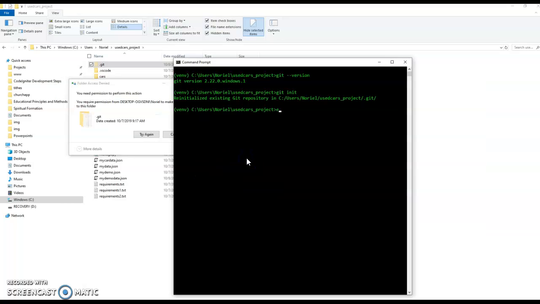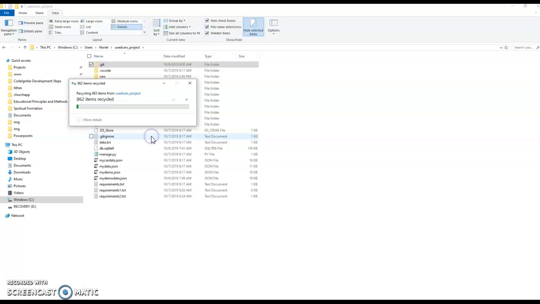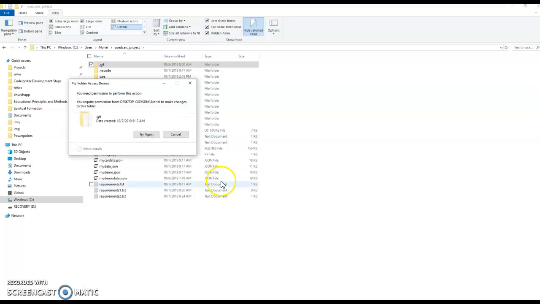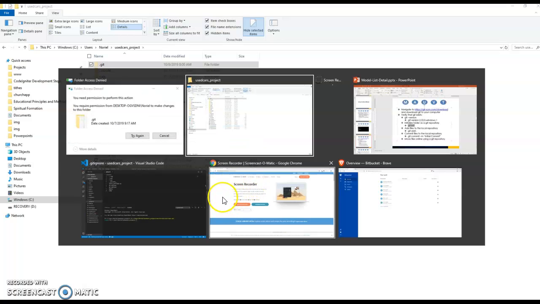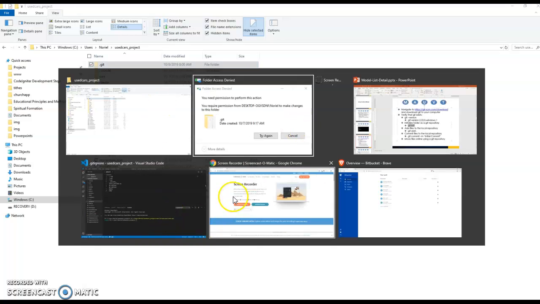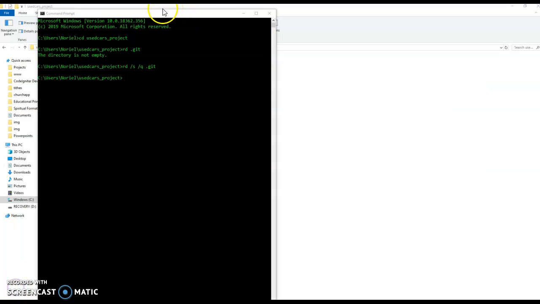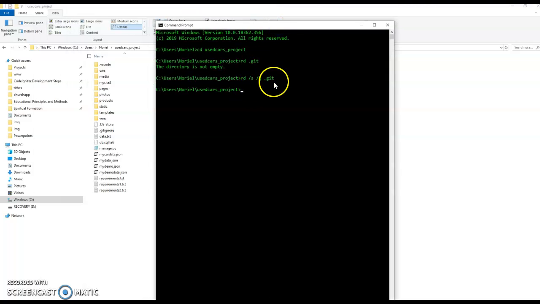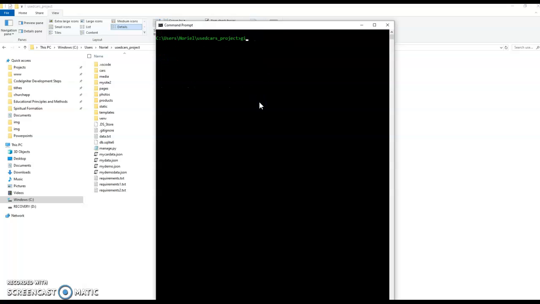It does not want to be deleted. Okay, so I guess it's already committed to something. So finally, I was able to delete that directory using the remove or rd command with the options /s and /q. So once that's been deleted, I should be able to initialize this folder again